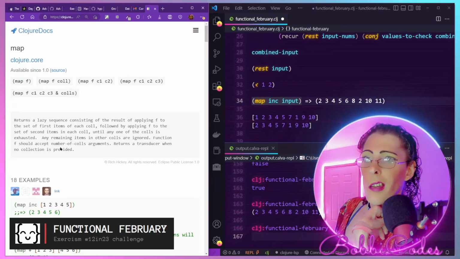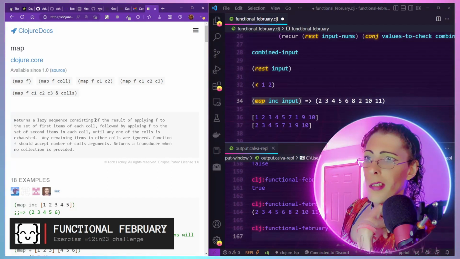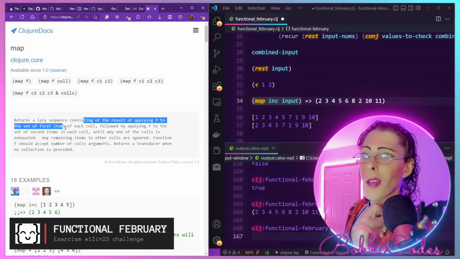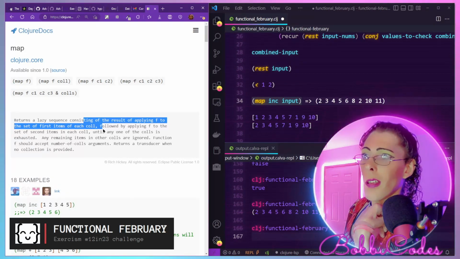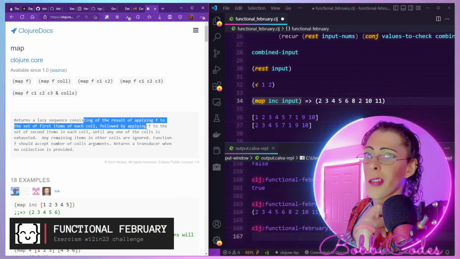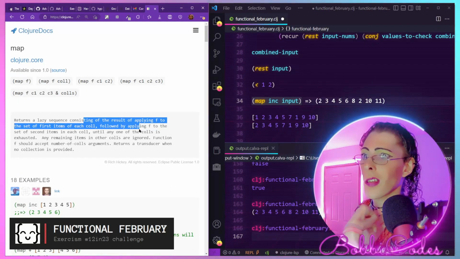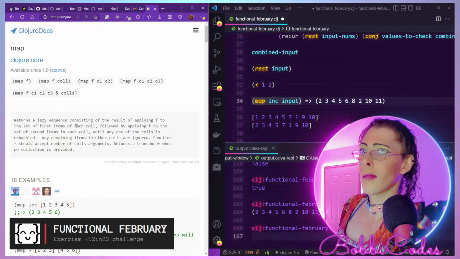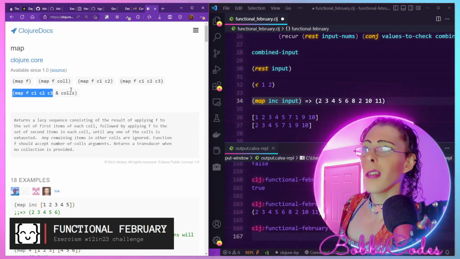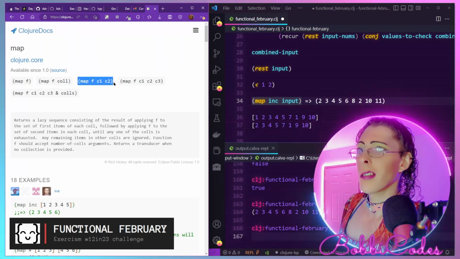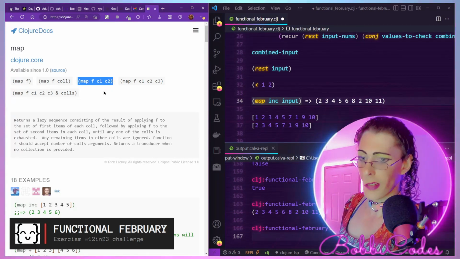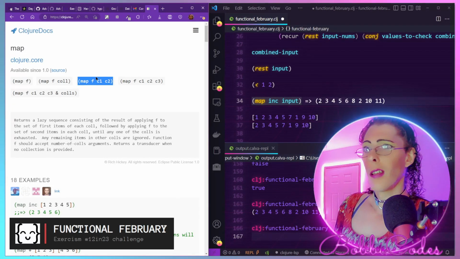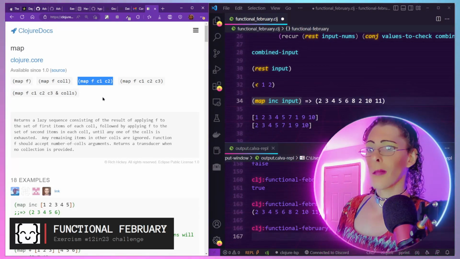So let's read this doc string again. Returns a lazy sequence consisting of the result of applying f, that's a function, to the set of first items of each collection, followed by applying the function to the set of second items in each collection. So it keeps saying each collection. And as we see here, map can take multiple collections. That is very cool. And I don't know if that is a standard feature of